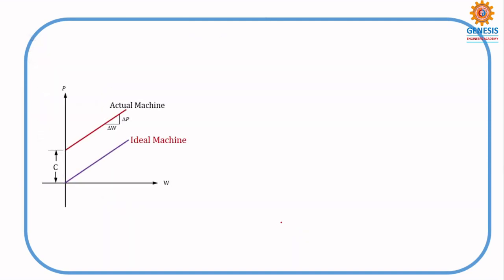Now law of machine. So every machine has to follow this law, like Newton's law. This is also one law. As you know, this is the y-axis and this is the x-axis. The equation of the straight line passing through origin is y is equal to mx, where m is equal to y by x. So y is P, and x is W.